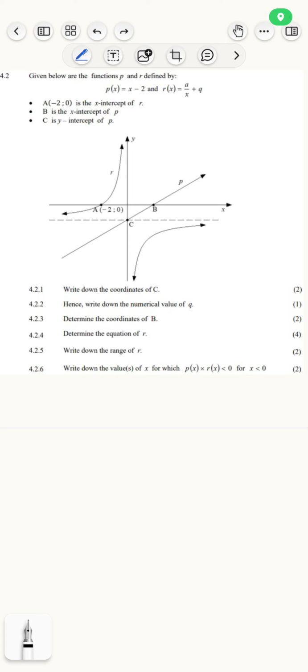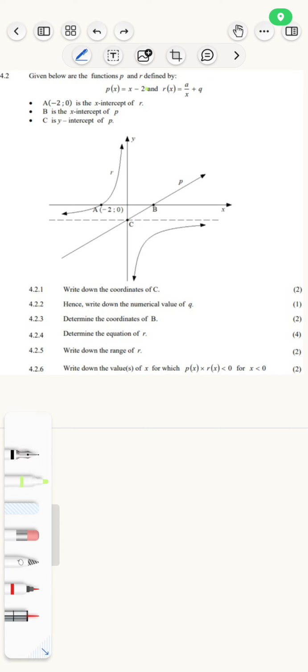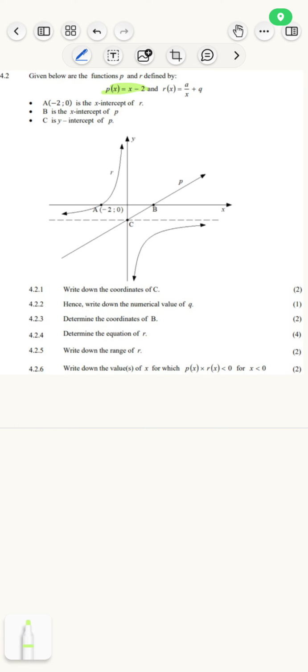This is 4.2, still functions. Let's get straight into it. So we have these two functions given below, the functions of P and R. P is this one. Okay, let's highlight it there for us. P is this one. Let's just chat about that quickly before we continue, before we even look at the